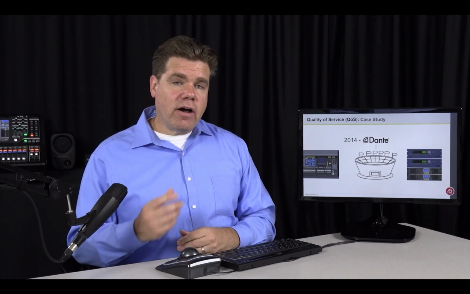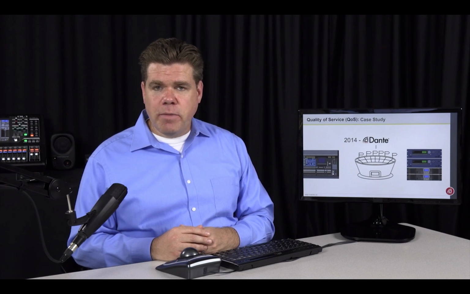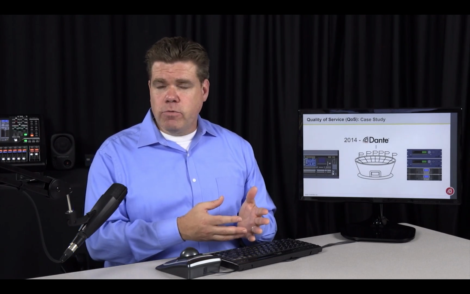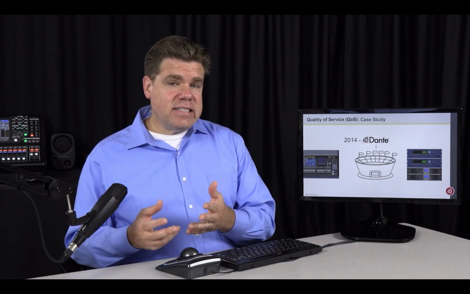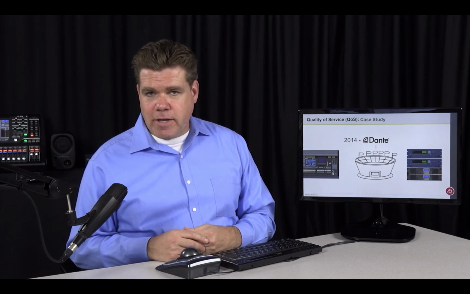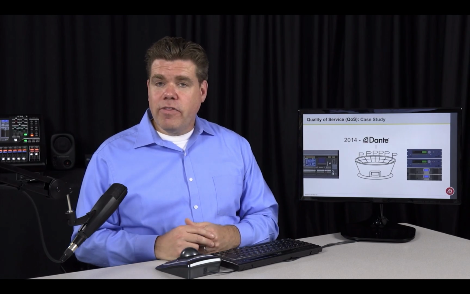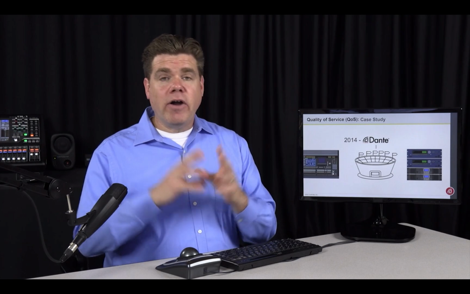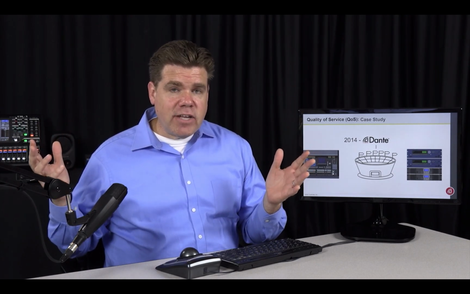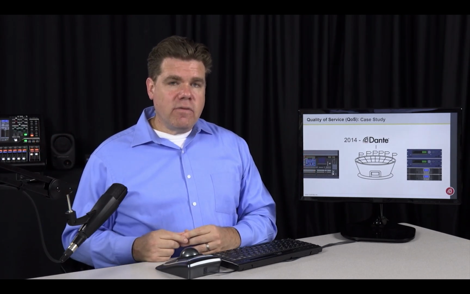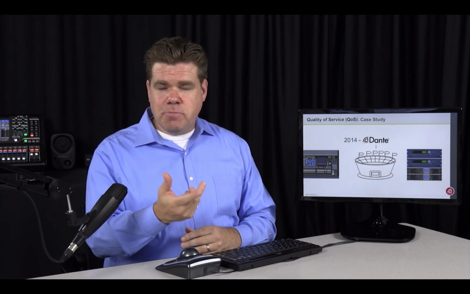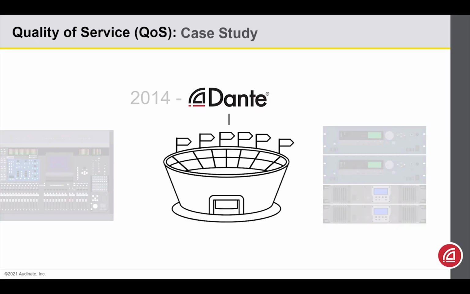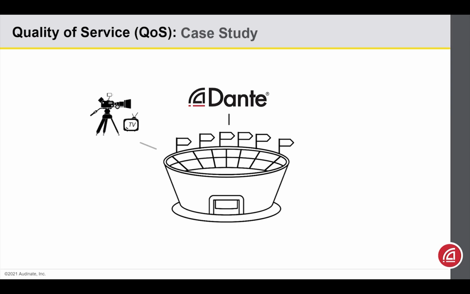When they did that, they also replaced some network switches in the main equipment closets, because of course, CobraNet was a 100 megabit solution, but Dante could give you more capacity with gigabit. Still, they ran into some closets where they said, we only have a few Dante devices here, and we already have a switch handling, say, TV distribution throughout the stadium. Do you mind if we just let the Dante devices piggyback on that? The designers agreed, and quality of service was one of the tools used to keep Dante and the TV distribution working together on the same network.